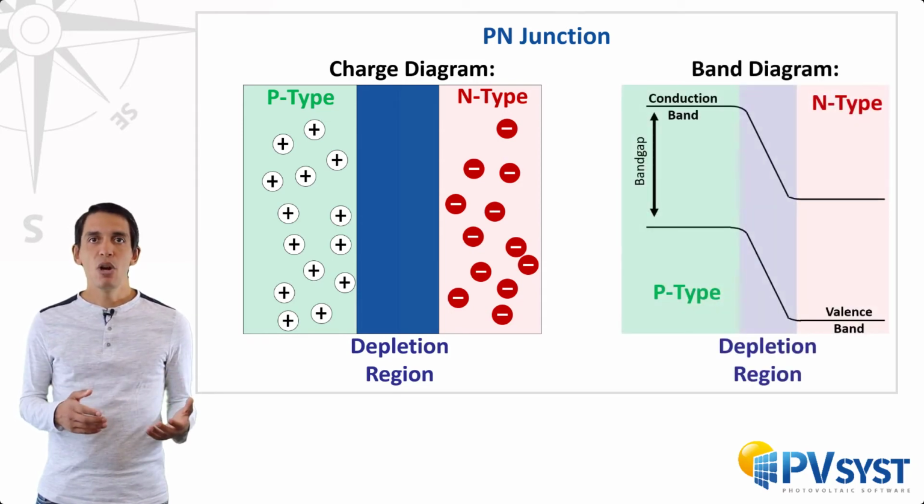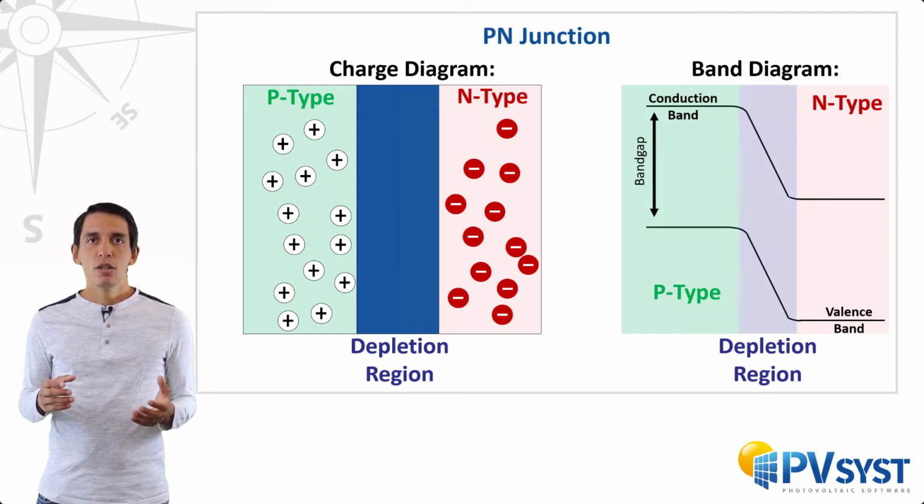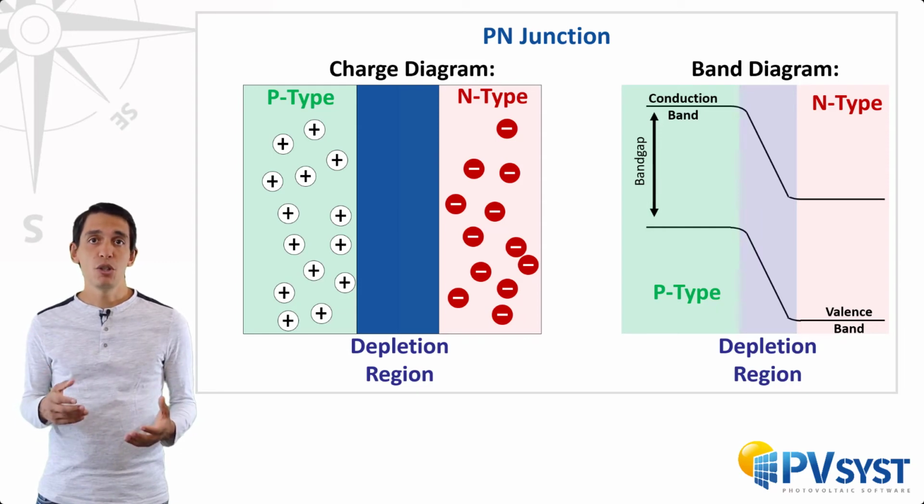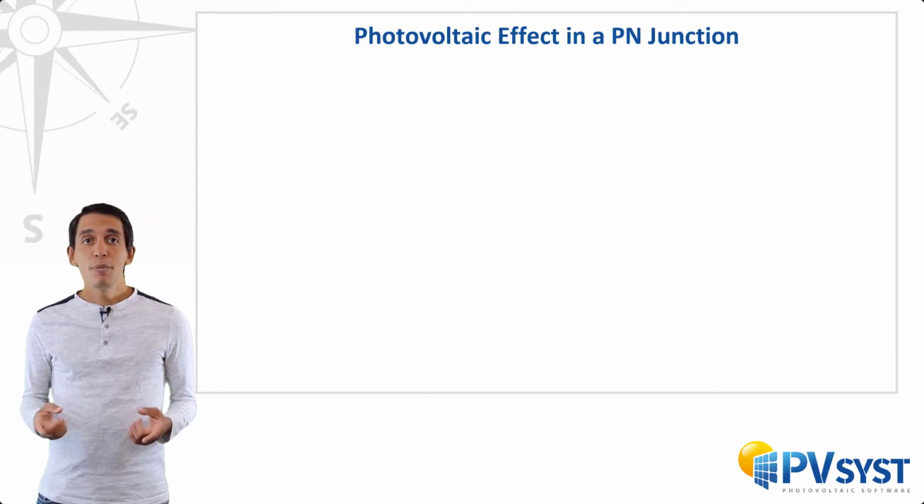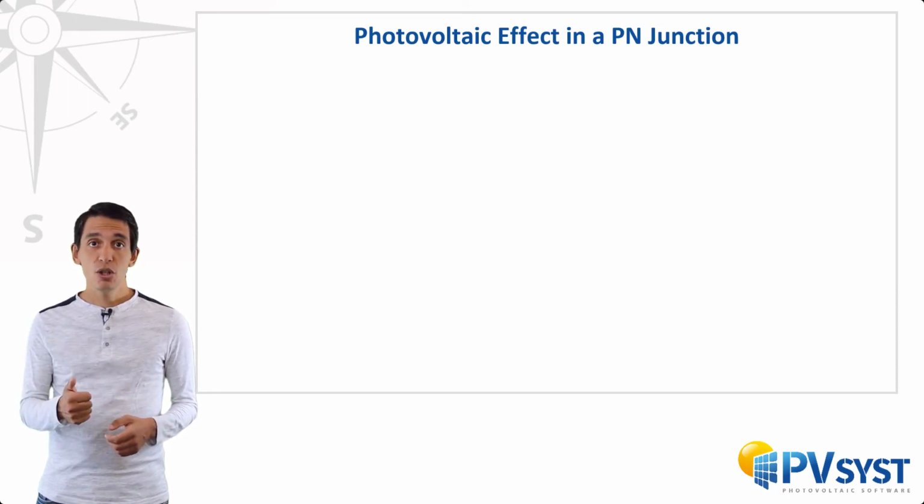This is what the band diagram of the p-n junction looks like. The p and n doping change the relative energy levels of the band diagrams of our material. So when they come together, the full diagram looks like this, with a curve in the depletion region. We can use this structure as a solar cell. Recall from the last video that we need to accomplish 3 steps to realize the photovoltaic effect: generation, separation, and collection of mobile charge carriers.